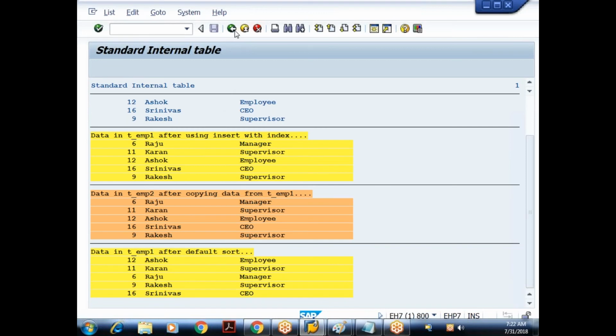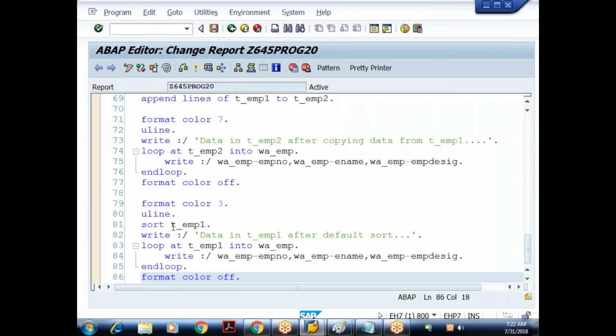So what is the understanding? You are telling sort T_EMP1, but we are not telling on which field it has to sort. So it is sorting on employee name. If you don't specify the sorting field, SAP will check whether this internal table contains any key field.